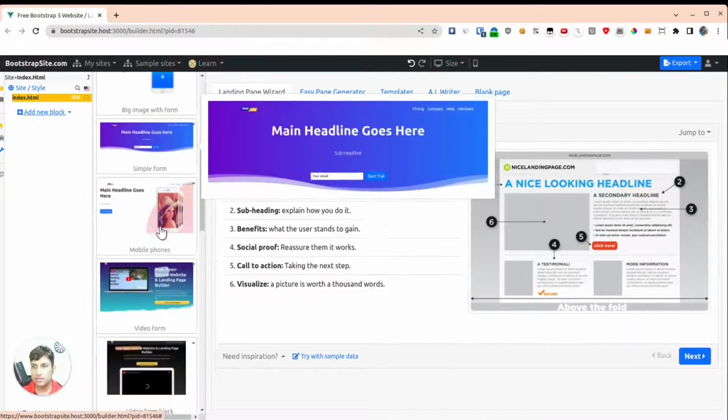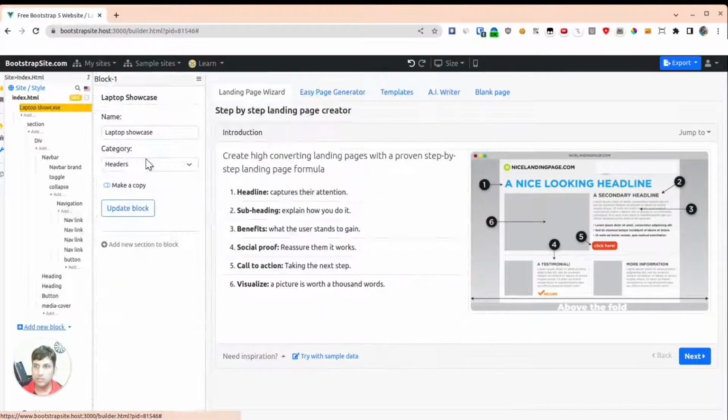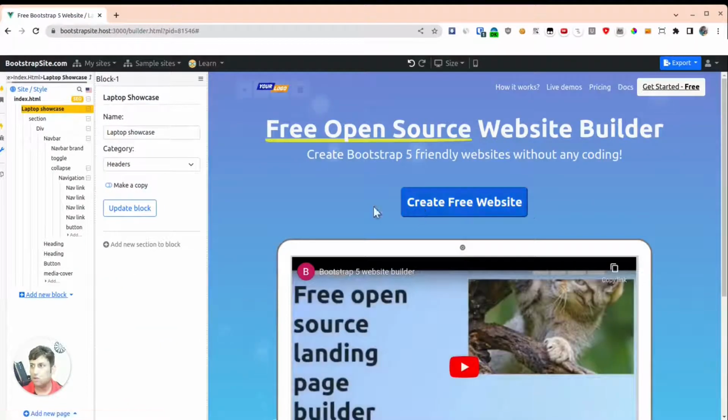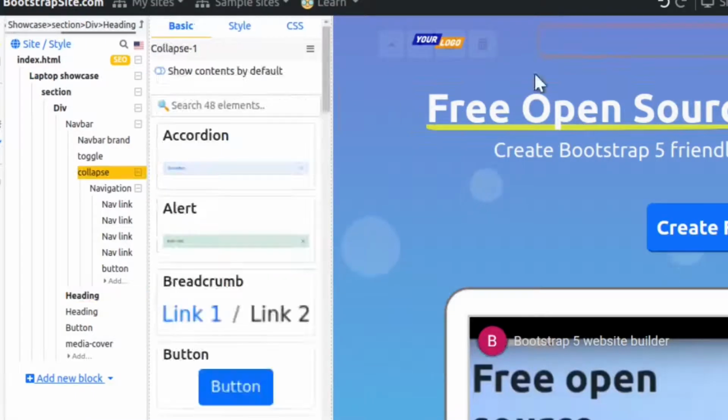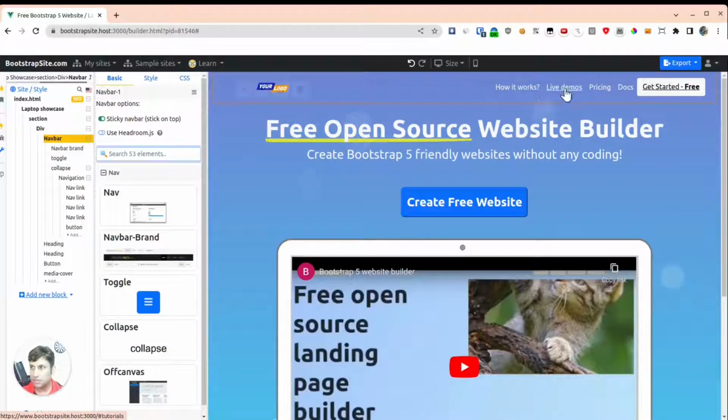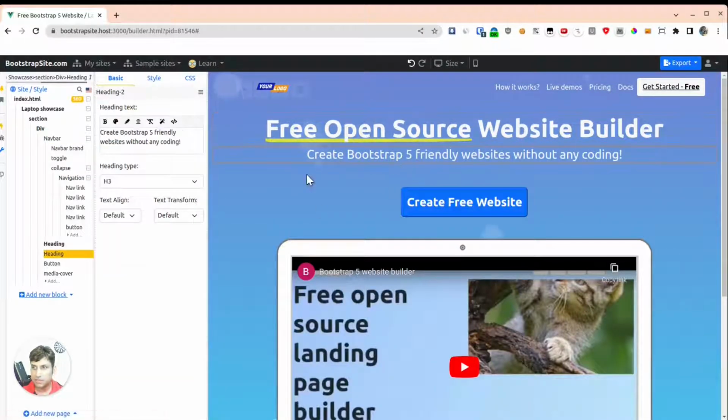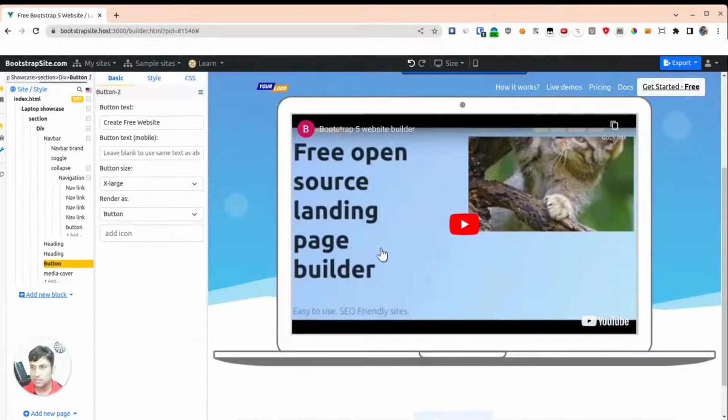There are lots of header blocks you can choose from. So let's use this one. Okay, so when I click on it, the block is added to our web page, and as you can see, this block is basically made of HTML elements. So we have a navigation bar here, and then we have a heading with a subheading button, and this media